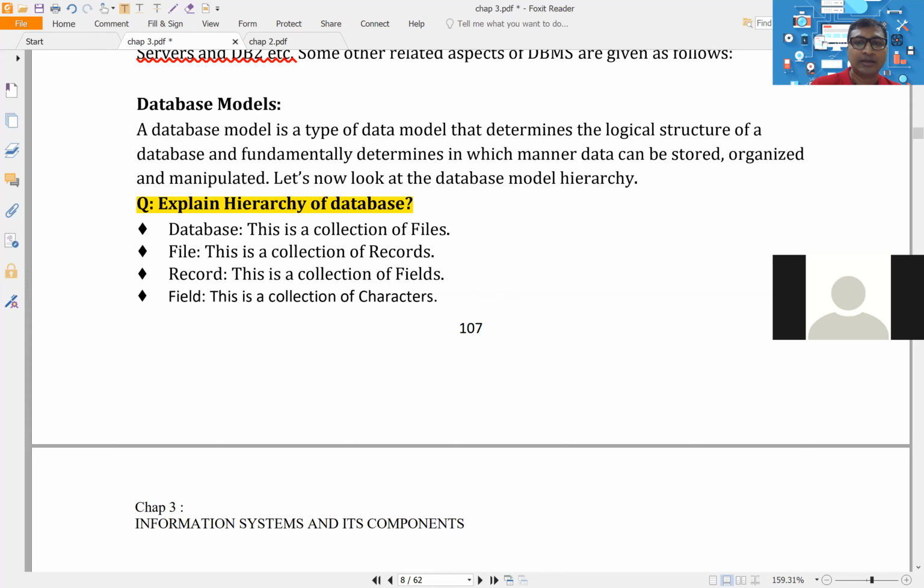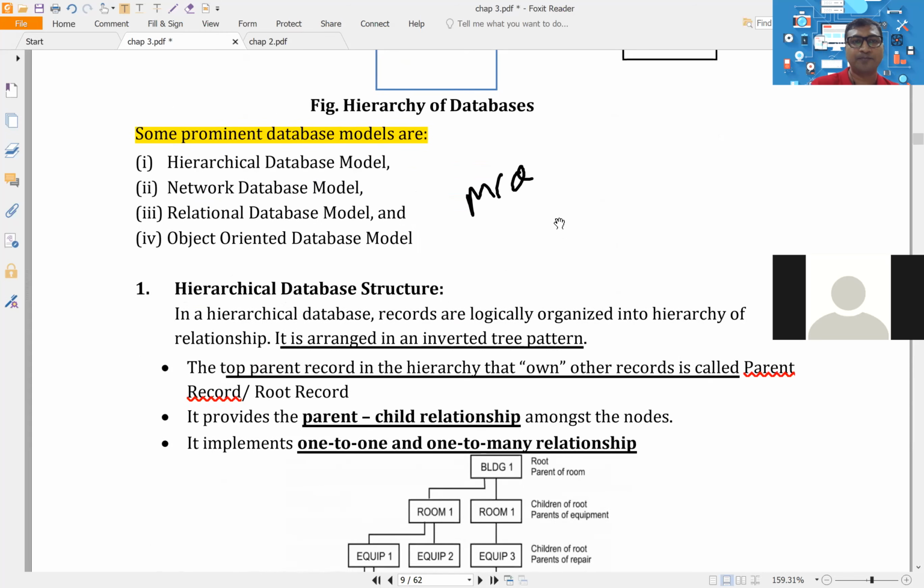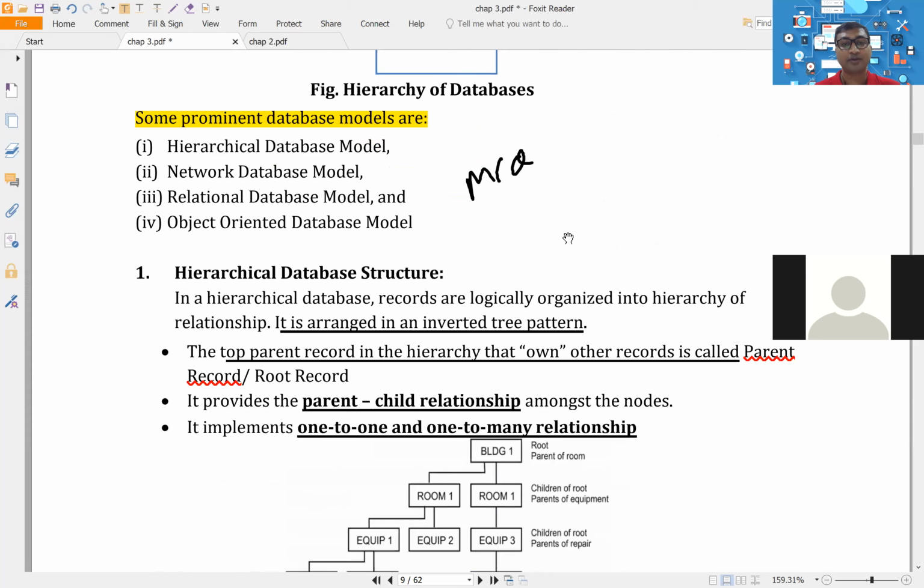Okay, now after this, some prominent database models. If you remember, earlier in the 1970s, the database model we created to store our data was the hierarchical model. What you should remember in hierarchical is first the root node. Then the parent-child relationship, then the rule: a parent can have multiple children, but a child will always have one parent node. Based on this, one to one, one to many. Try to remember all those things. Believe me, guys, based on these words that I'm saying right now, they can frame MCQs.